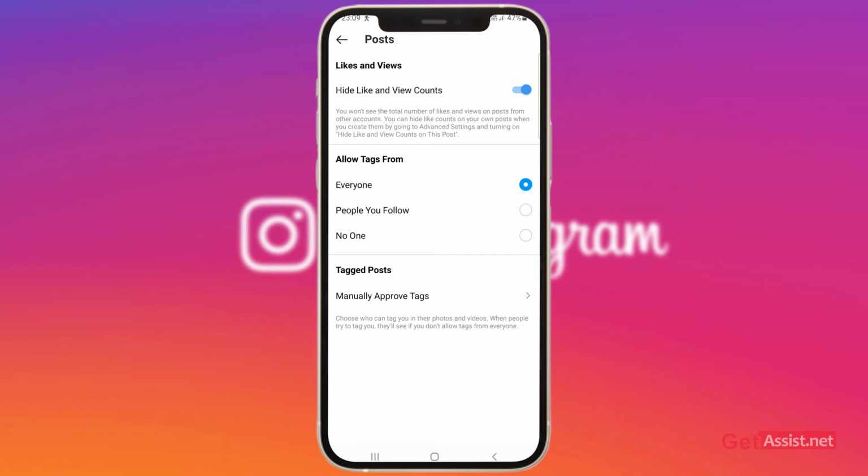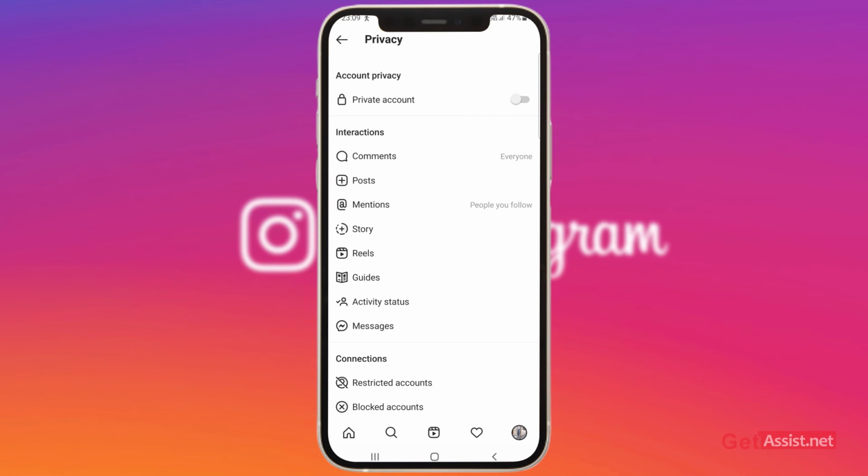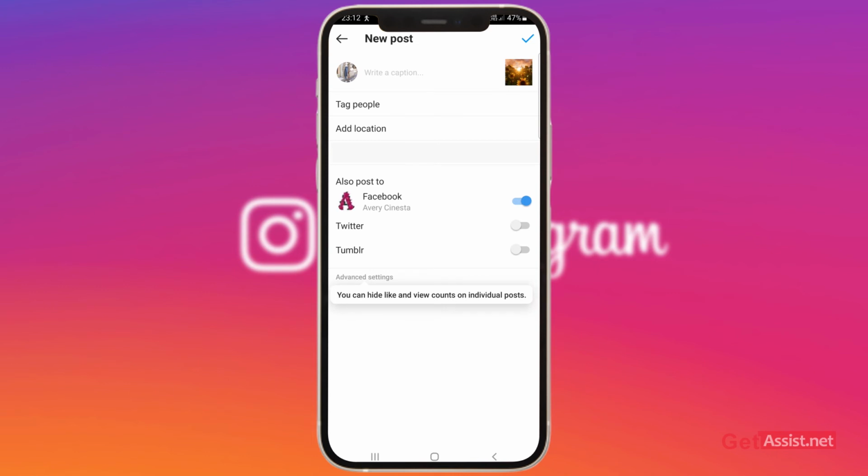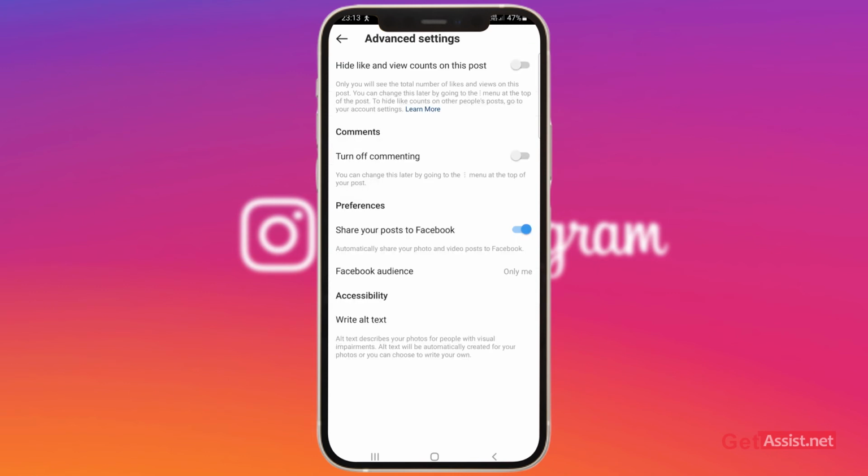So yeah, now let's go back and I will show you how to do that on a new post. So here is the new post that I want to create, and now you have to press next, and now here you will see the option advanced settings. You have to use that, and here at the top you will get the option to hide like and view counts on this post. So you can also use this option whenever you are going to create a new post